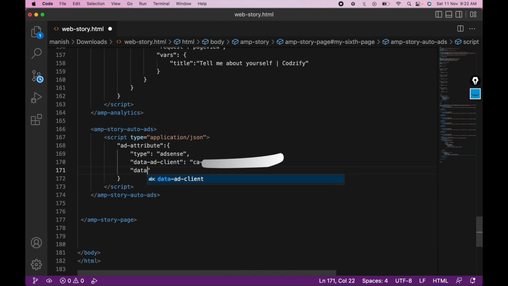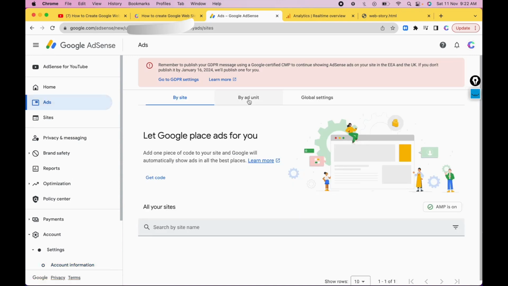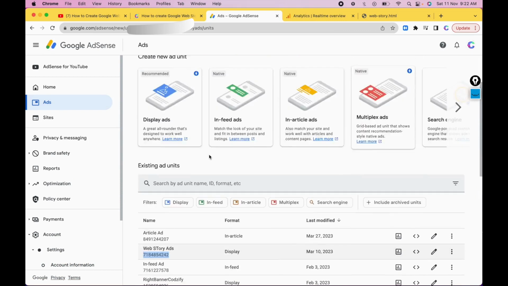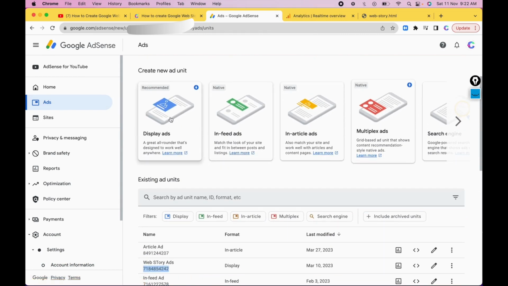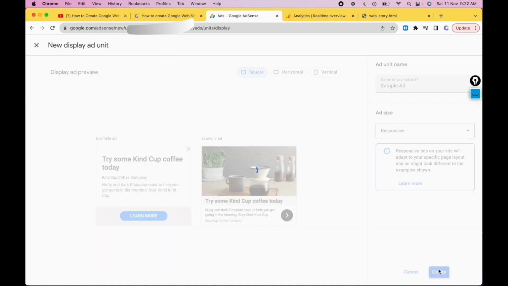Similarly, you can use data-ad-slot, and to find the ad slot you can go to the ads section here, and by ad unit you can get the story. Like if you haven't created any ad, you can create this ad here, and you can give the name of your ad here like sample ad, right? And make it responsive so that it will work in mobile and in website as well, right? You can create here,